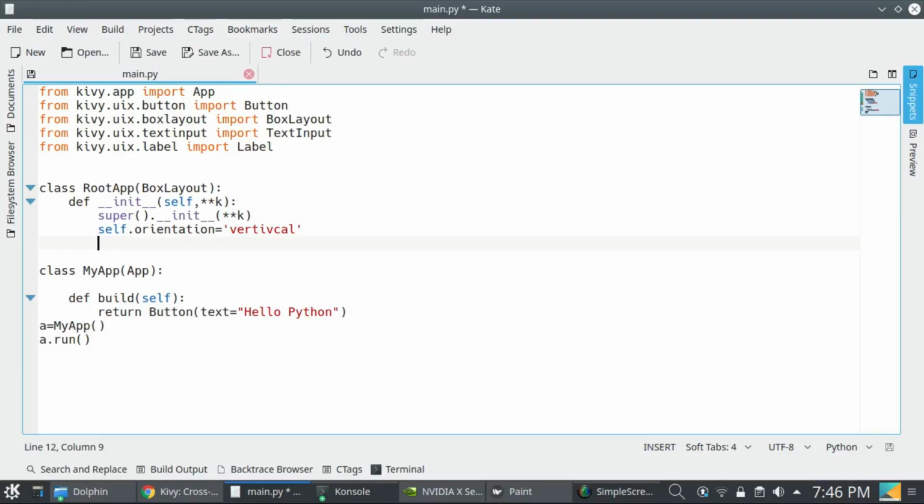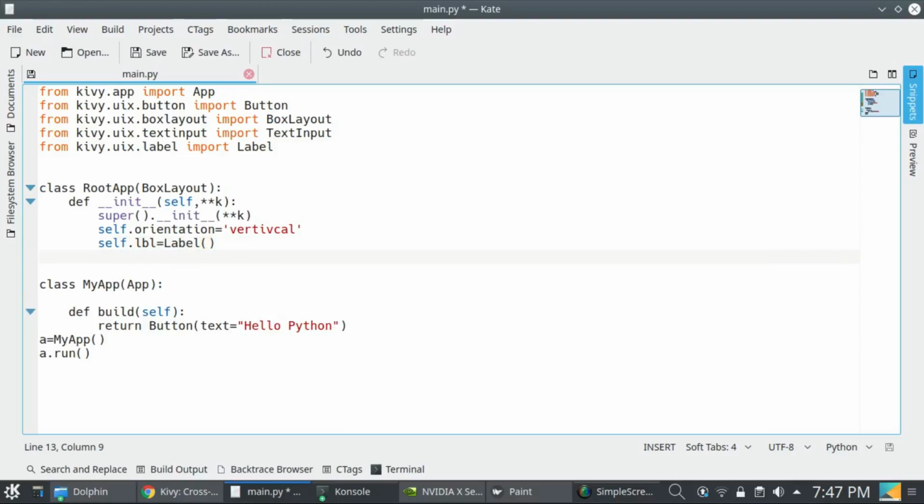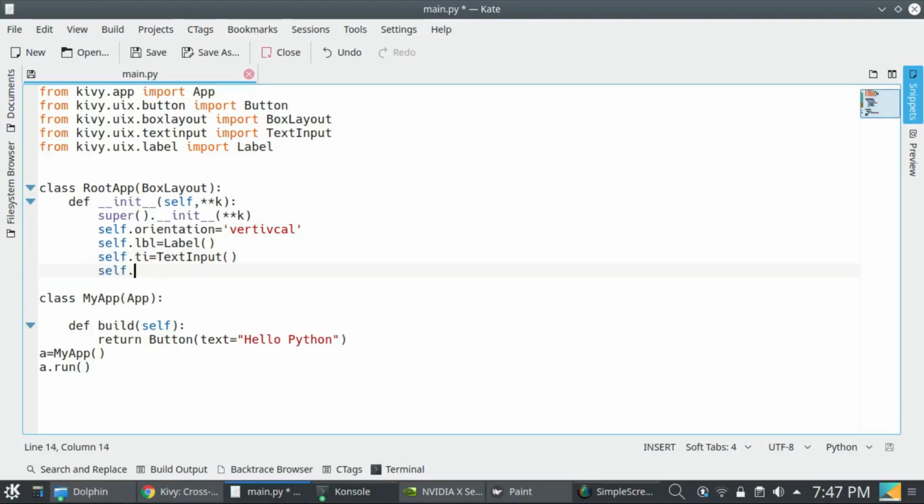Now let's make some objects of our button, label and text input. self.lbl equal to Label, self.ti equal to TextInput, and self.btn equal to Button, where I am passing text equal to press.